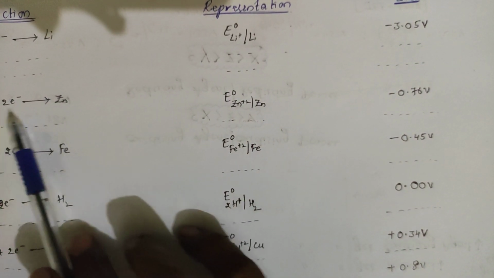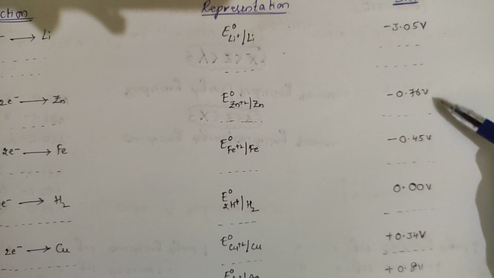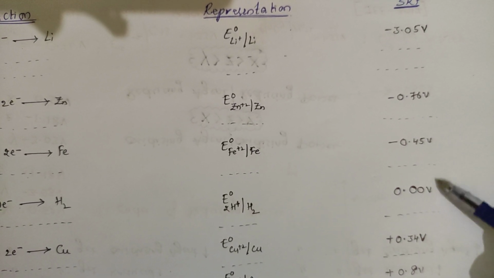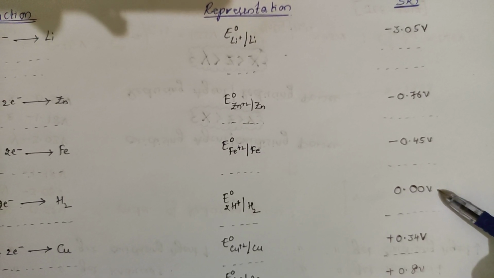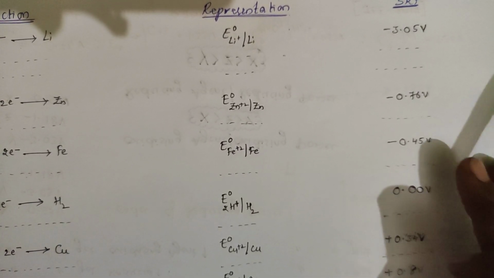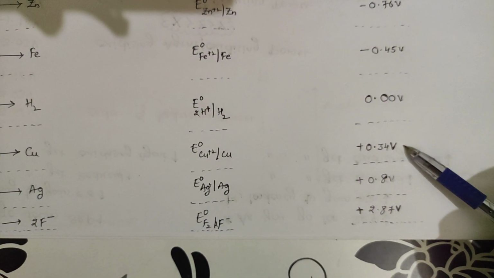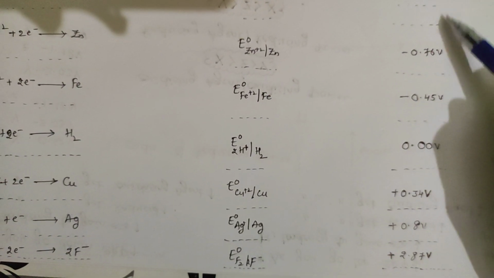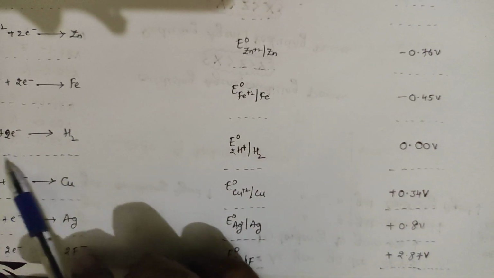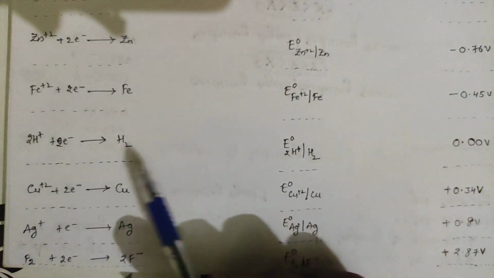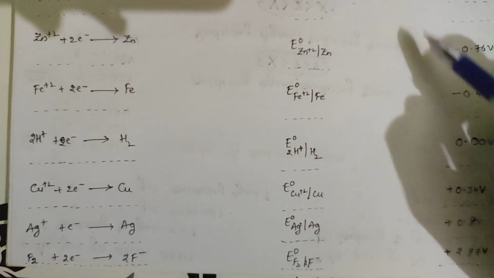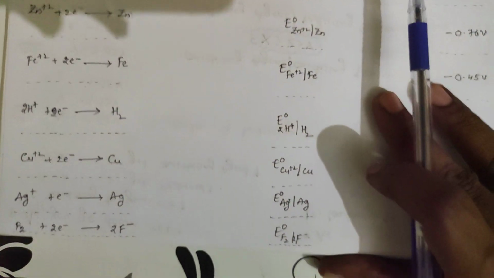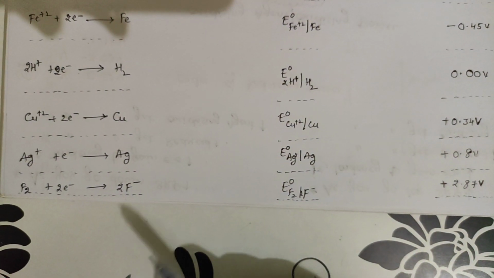Suppose I compare Zn plus 2 electrons with this one, among these two, this one will undergo reduction, this one will undergo oxidation. This is the higher value, right? The higher value will undergo reduction, the lower value will undergo oxidation. See, for hydrogen, any element above hydrogen that you combine with hydrogen, 2H plus, here hydrogen is undergoing reduction. The upper ones above hydrogen are undergoing oxidation, right? Suppose you take the elements below and combine them with hydrogen, what's happening?